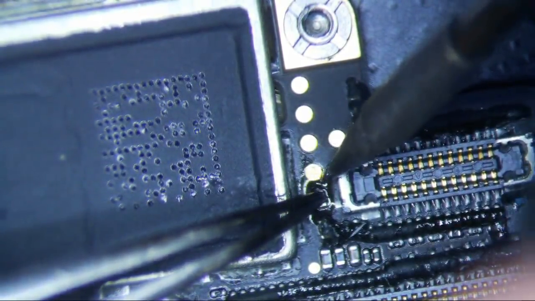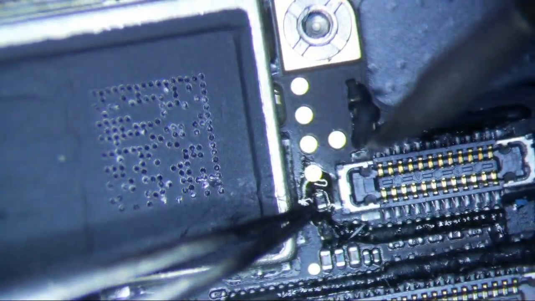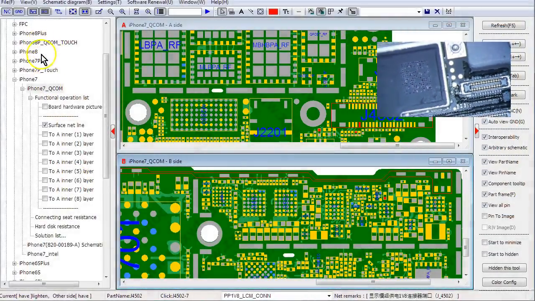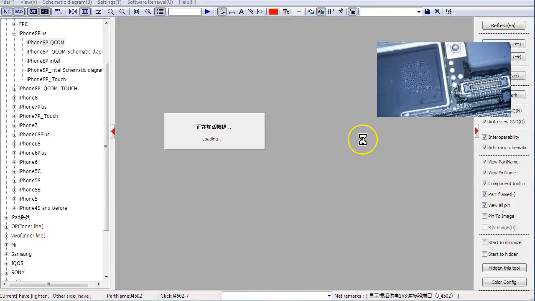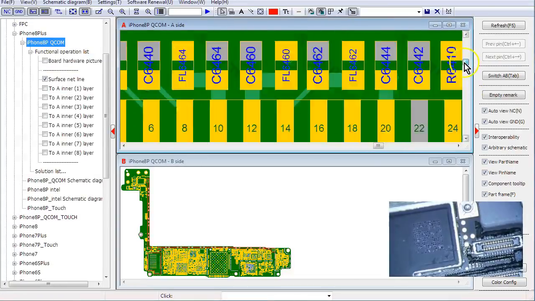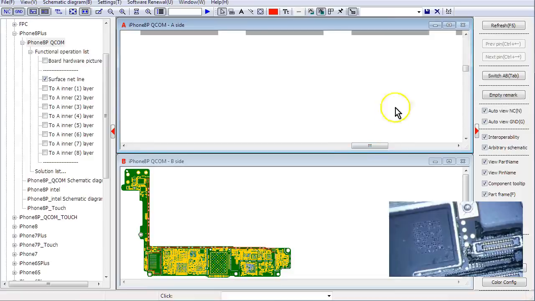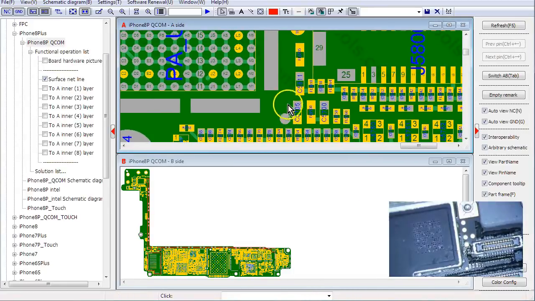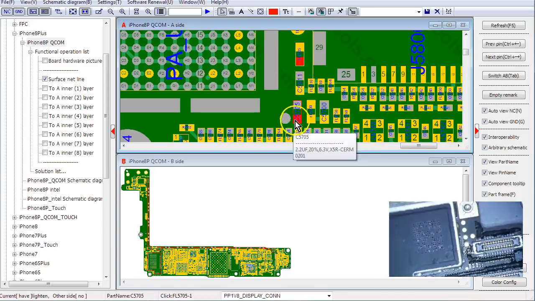And it's kind of important that, okay, so I think what I'm going to do is probably just run a jumper from, let's go back over here. So I'll just run a jumper from here to here, okay,